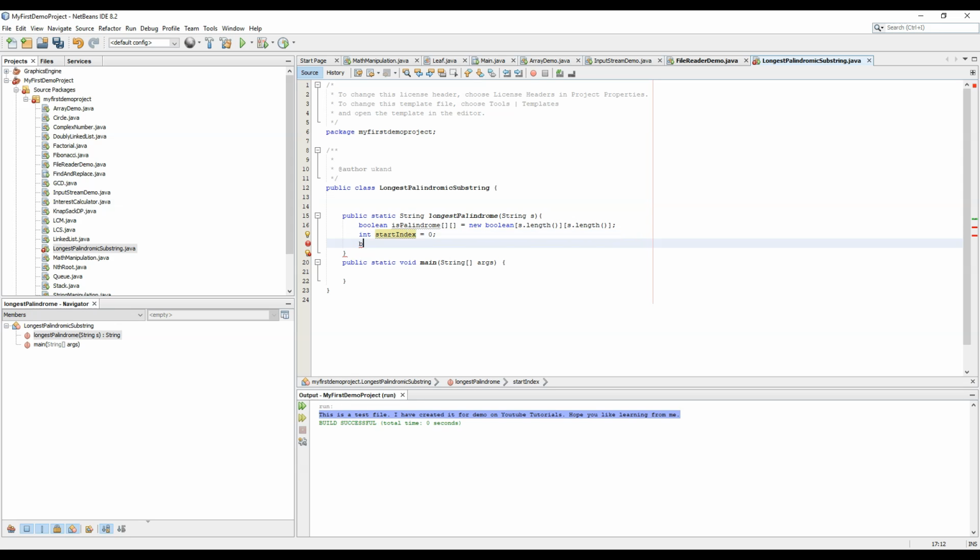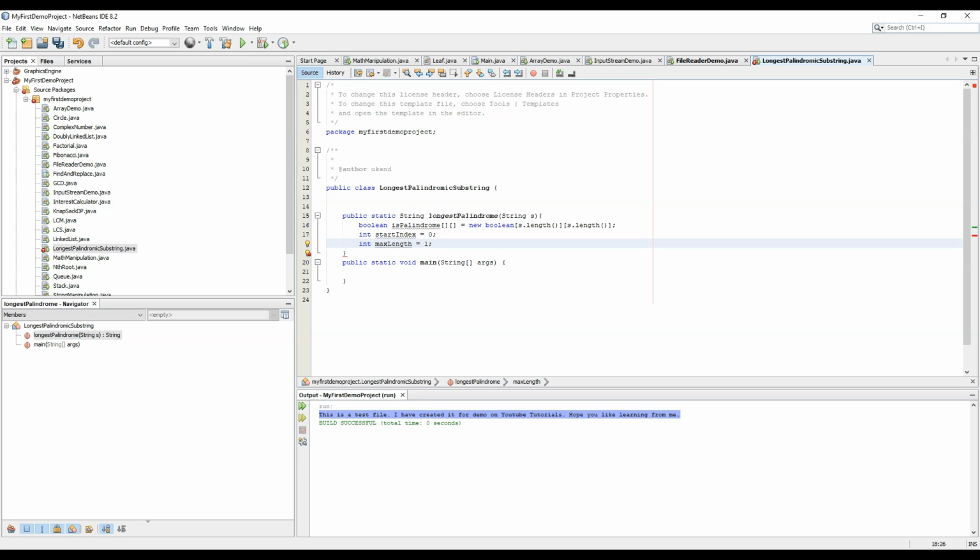We have created a start index and we have created a max length, or we can name it length. It's the length of the longest palindromic substring, and initially it would be 1 because the base case is that any single character in itself is a palindrome.